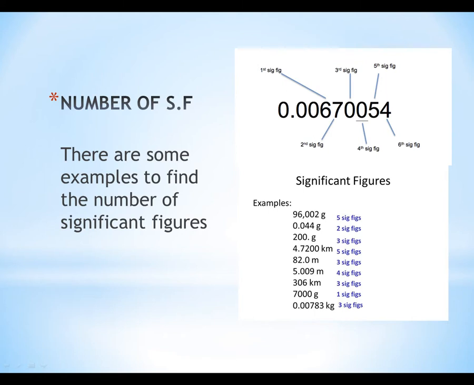In the decimals, all the zeros after the non-zeros are significant, so here are 5 confirmed significant figures. And in this one, there is a 0 written after the decimal, so according to rule number 3, all the zeros after the non-zeros are significant, so here are 3 significant figures. And in this number, there are 2 zeros between the non-zeros, and all the zeros between non-zeros are significant, so here are 4 significant figures. And in this example also, there is a 0 between non-zeros, so it is also significant, so here are 3 significant figures.